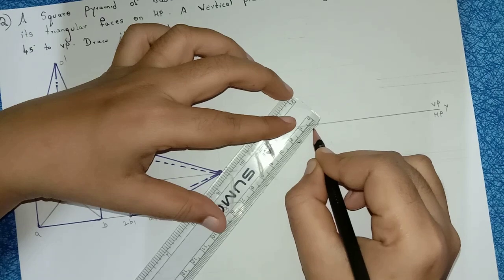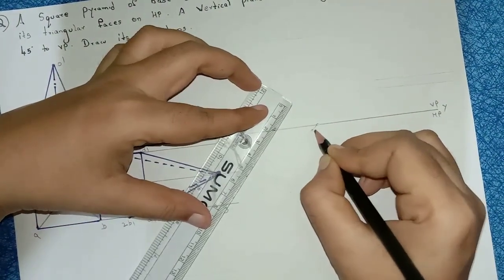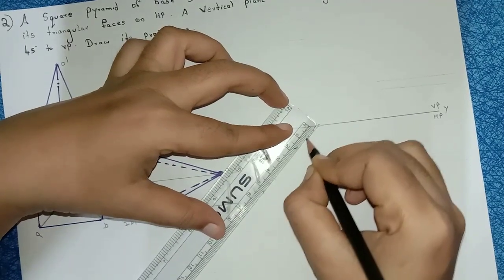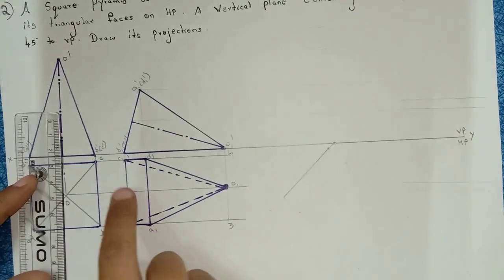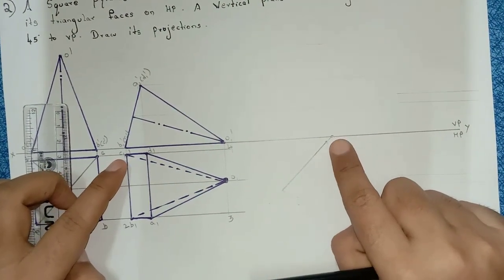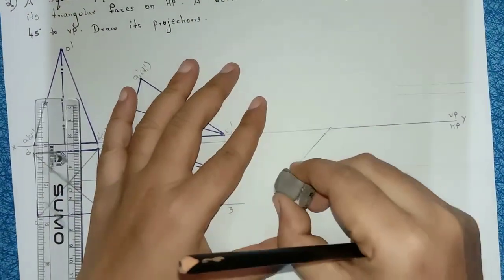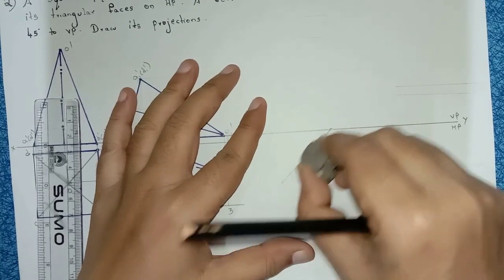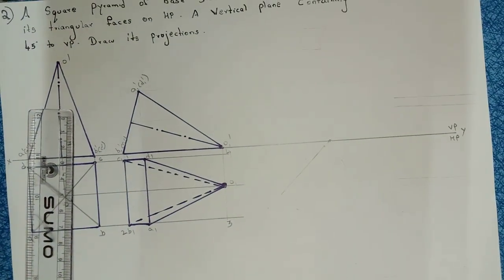Now draw here. See, first leave 5 mm gap. Now from this point draw a box here, right? Because if you didn't leave 5 mm gap, this C point will touch the reference line. That is wrong. So leave 5 mm gap, right? Now from that 5 mm, measure the 1, 2 length and draw here.